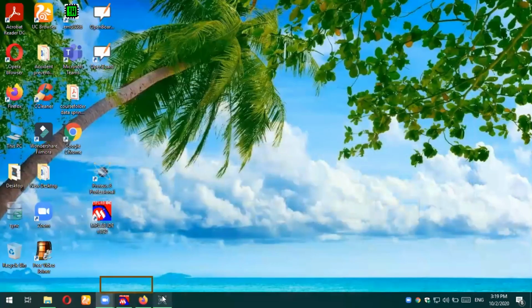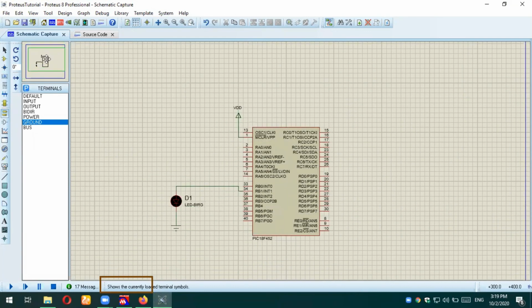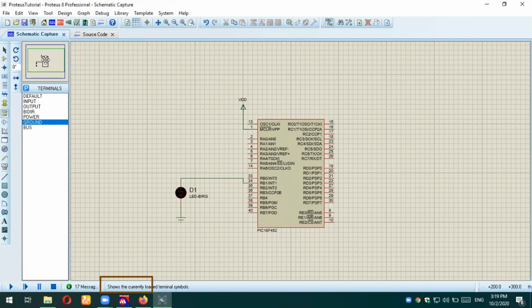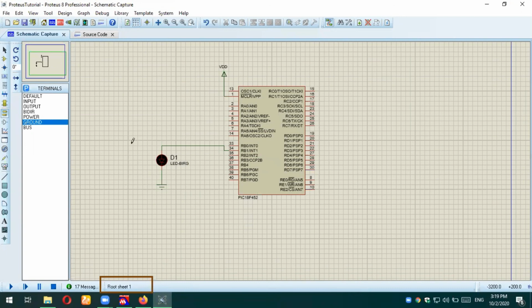I hope you have understood how we can simulate various microcontroller programs, especially involving the PIC18F452, because in this tutorial we are just learning about the PIC18F452. So hopefully you have understood how you can build your project in the Proteus environment, how you can import a hex file into the microcontroller IC, and how you can connect various peripheral devices.